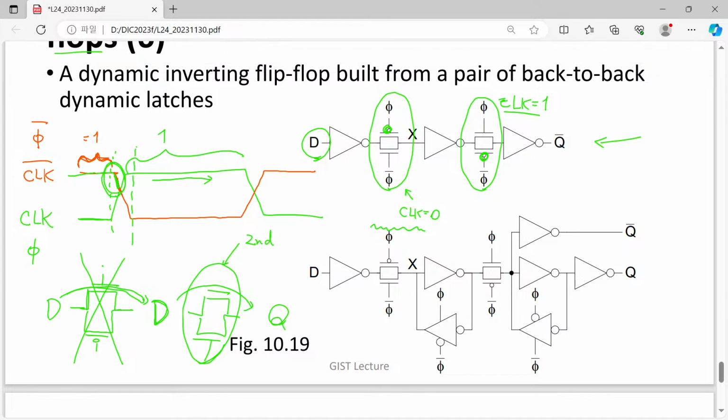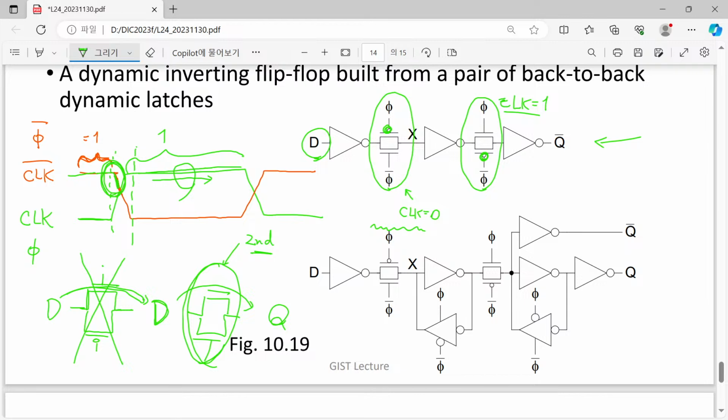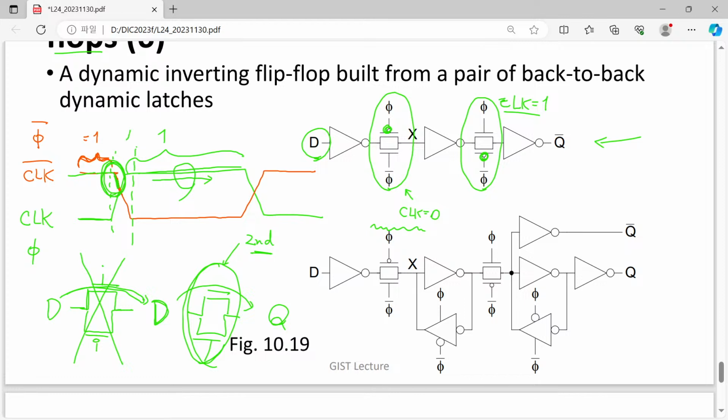Therefore, we just sense the value at this point, not this point. Although the second transmission gate is always active in this time period, the first one just senses the last time instance of its working lifetime. So that's the reason why we have the edge sensing and edge trigger. Okay. So then I just explained the way having two serially connected transmission gates,